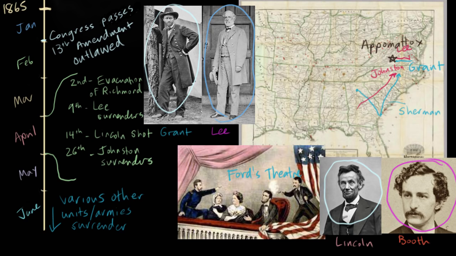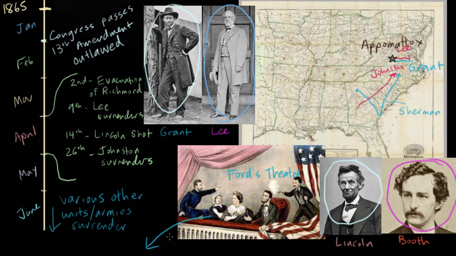At that point, he jumped on the stage from the booth, which is maybe 14 feet above the stage. If you've never been to Ford's Theater and you have an opportunity, I highly recommend you go. It's a really interesting museum and historical place. And in the process, he actually breaks his ankle. So in his running away, he's dealing with this broken ankle, and eventually he is captured and refuses to be taken alive. So he is killed. And then later, the rest of the conspirators are hanged for their participation in this plot.